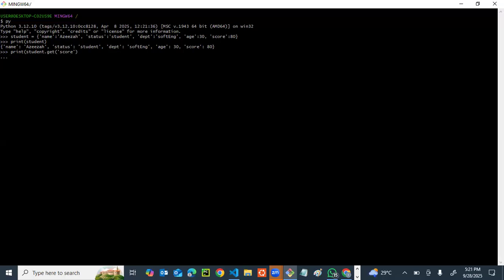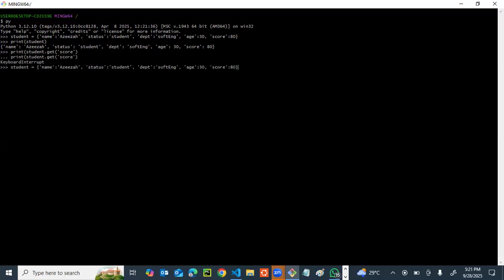Oh, sorry, I didn't close the parentheses. Okay, let me define it again. So we now say print student dot get, and we want to check for score, right? This syntax is very important. Can you see what it's printed out? When I printed student dot get, checking for score,